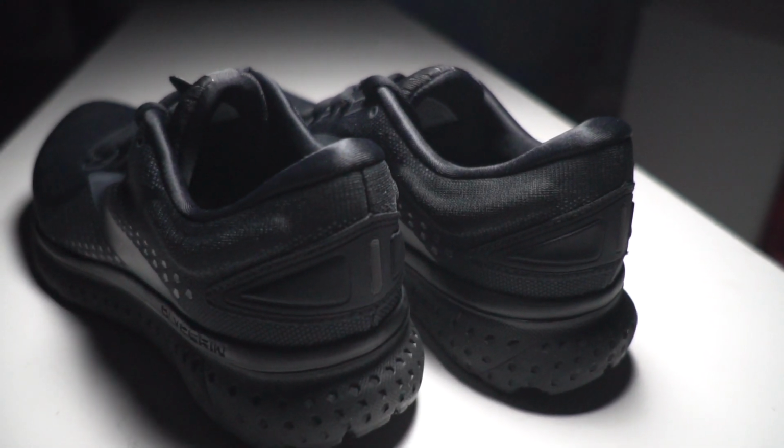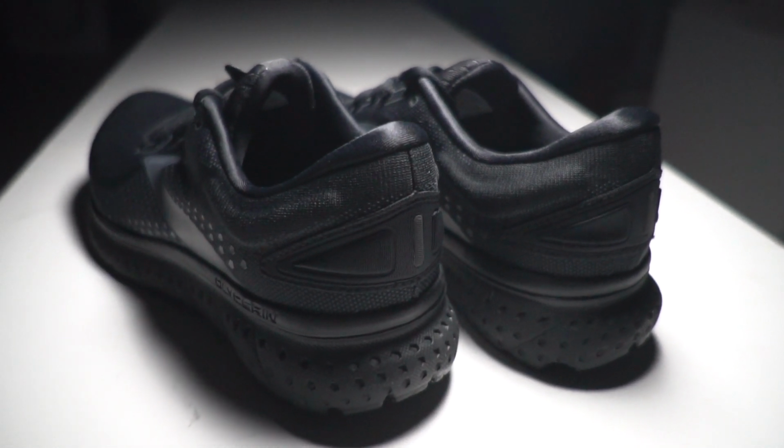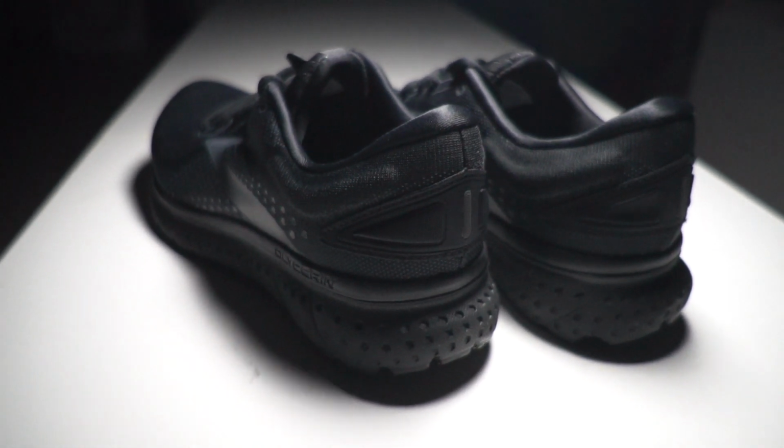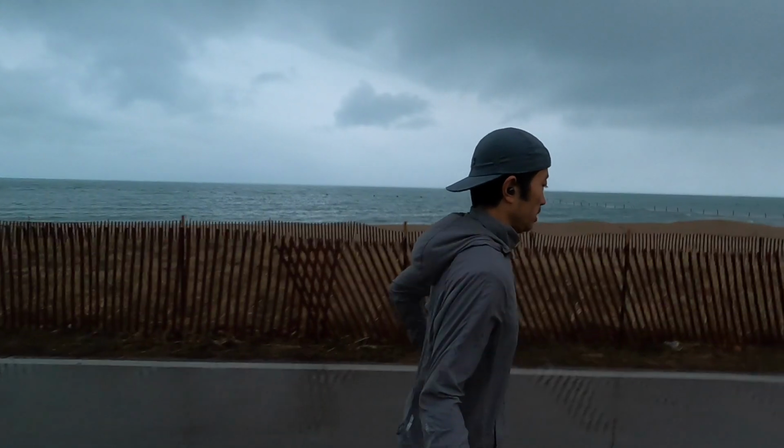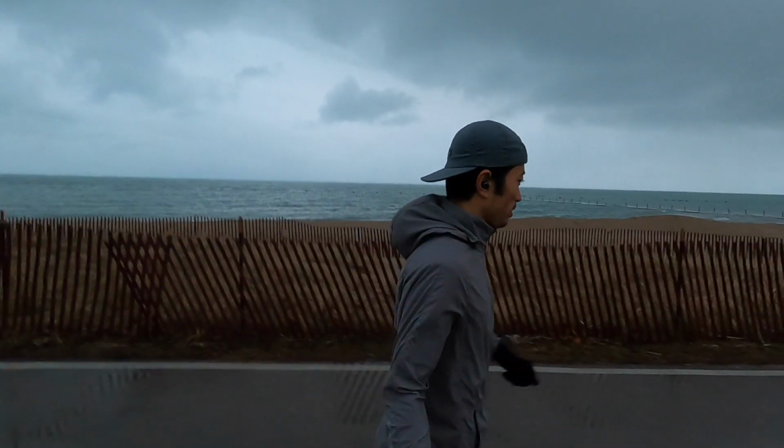And so I really was surprised by this shoe in that it was not as big and clunky and cumbersome as I was expecting. That's what I was expecting from the Glycerin 18, but that's not what I got at all. It was surprisingly nimble for a shoe that I would think is in the max cushion category,